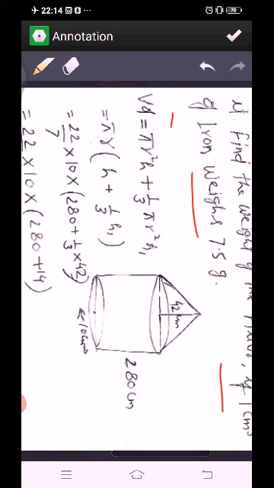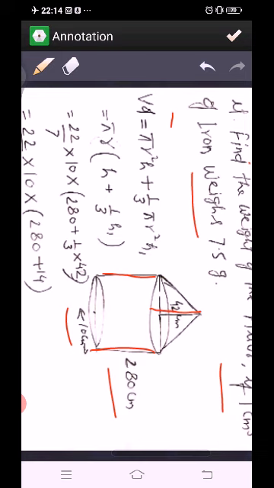So let us see what kind of pillar it is. Pillar is like this. You can see the figure. This is a cylindrical part whose height is 280 centimeter. That is given 2.8 meter, that is 280 centimeter. Radius given 10 centimeter, because diameter is given 20. Radius will be 10 centimeter. And a cone is surmounting the cylinder. So here height of this conical part is 42 centimeter.